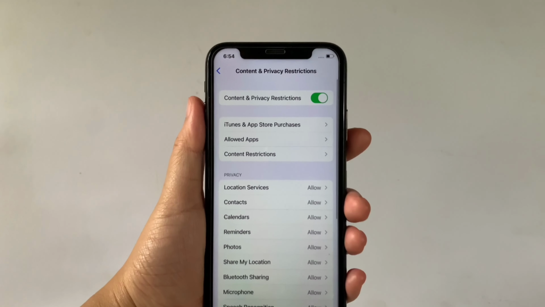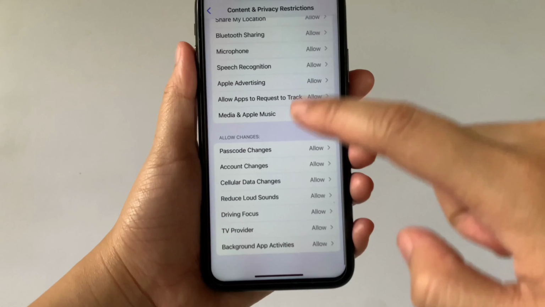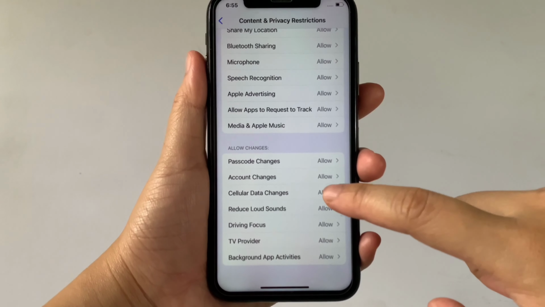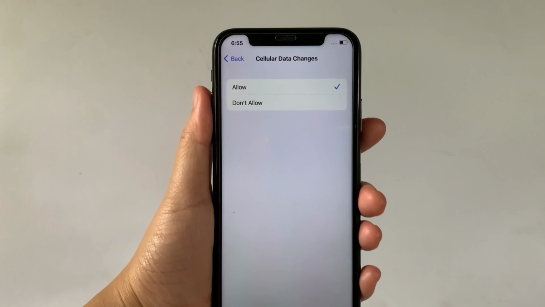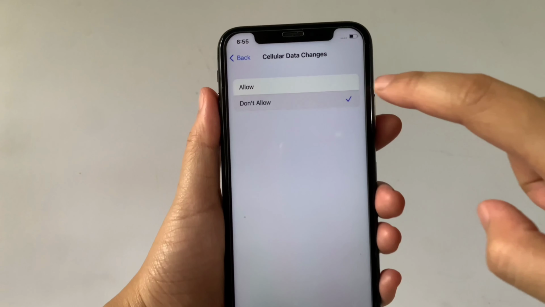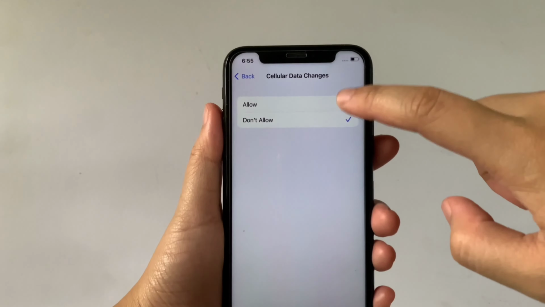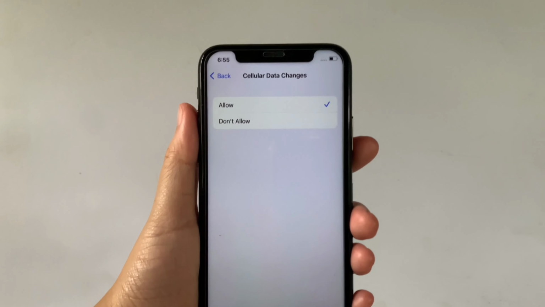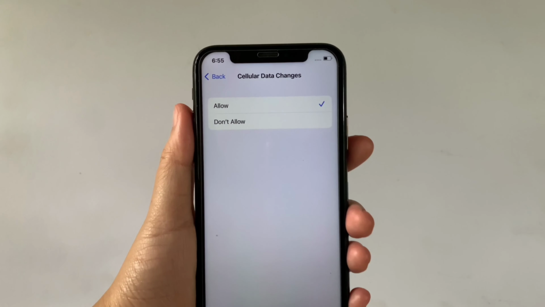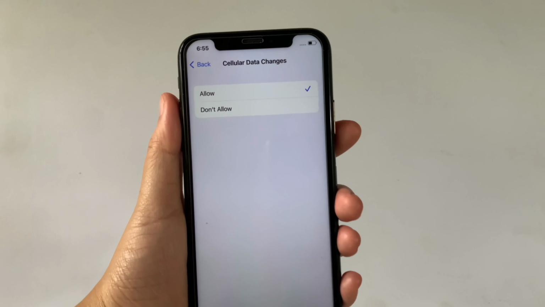Then after that, in the Content and Privacy Restrictions, scroll down and go to Allow Changes section, then click the Cellular Data Changes. Then after that, in this part, if you want to change it to don't allow, just click it until there's a check mark on the side. And if you want to change it to allow, just click again until there's also a check mark on the side. And that's it. We have successfully allow and don't allow cellular data changes in content and privacy restrictions on